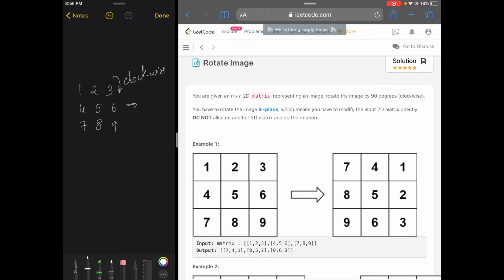So the 1, 2, 3, when it is rotated 90 degrees, comes to 1, 2, 3, and then when 4, 5, 6 is rotated clockwise, it becomes 4, 5, 6 here, and 7, 8, 9 comes here. So this is the 90-degree clockwise rotation of each row. Alright, and we need to do it